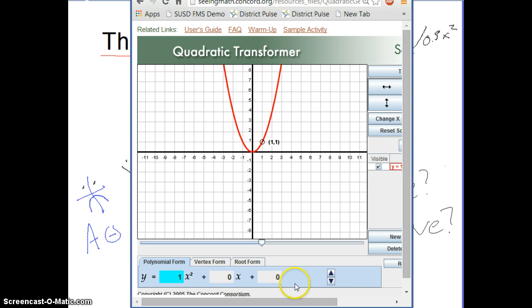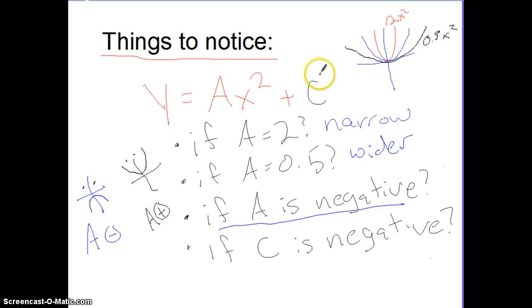I'm going to put this back to 1. What about this number over here, the number that's over by itself? Well, I've talked to you before about this being the y-intercept, c. So if I'm changing c and not a, what happens if c is negative? If c is negative, the last thing we need to notice,